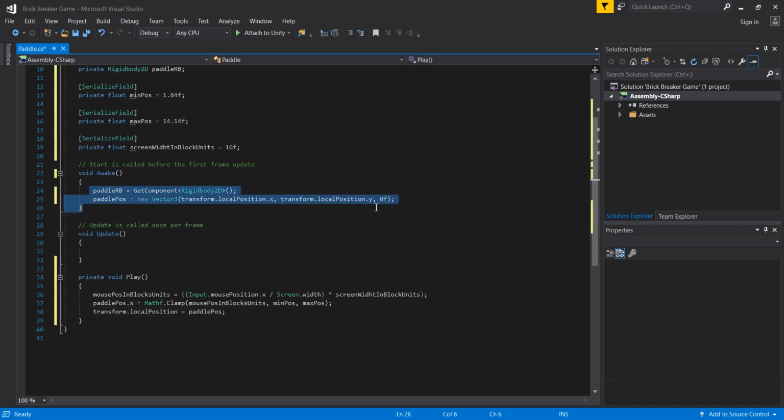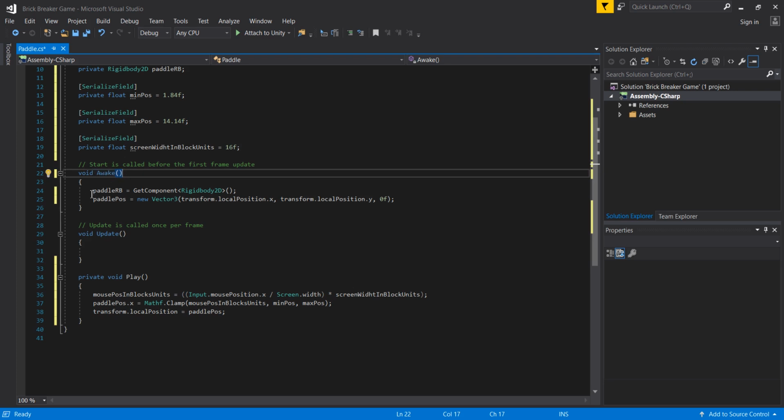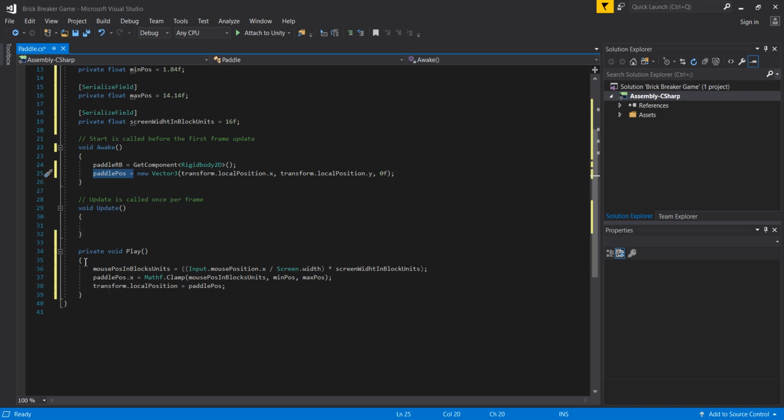And what we did here: first we initialize variables in the awake function. That's very similar to the start function, but it is called one frame before the start function. We actually initialize our rigid body variable from our paddle and our paddle position. Then in the Play function we use our mouse position in blocks units, and store in that the actual mouse position on the x-axis divided by the screen width, and then multiplied with the screen width in block units. And then we use our paddle position, the current position of our paddle.x, and store that in Mathf.Clamp,